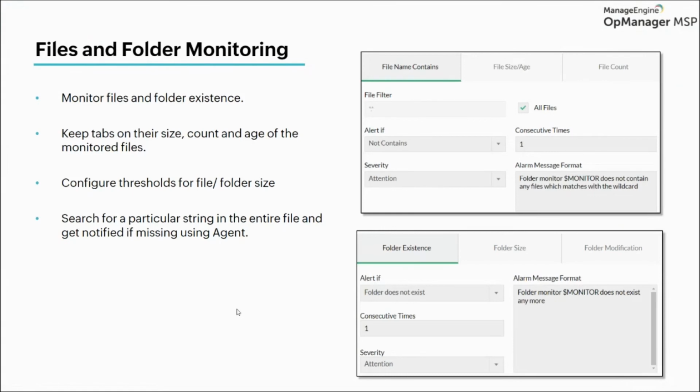You can see if the folder or file is available, what's the size of it, is there any text within them, what is the age of the file, is there any modification done in the file, whether it was deleted or not, whether there was any folder modification, what's the count of the number of files within the folders, whether it's existing or not, with the desired polling interval.